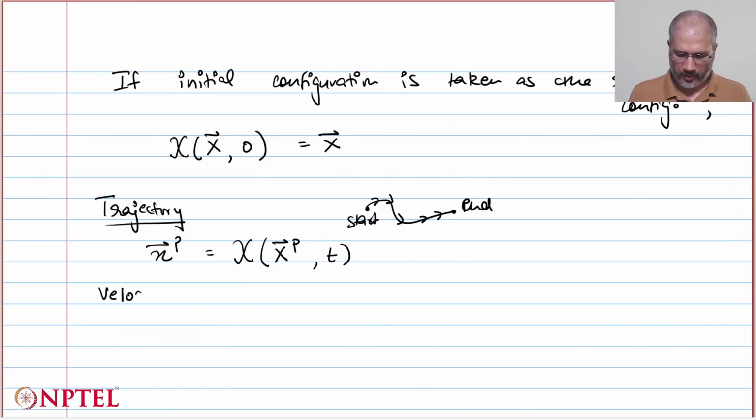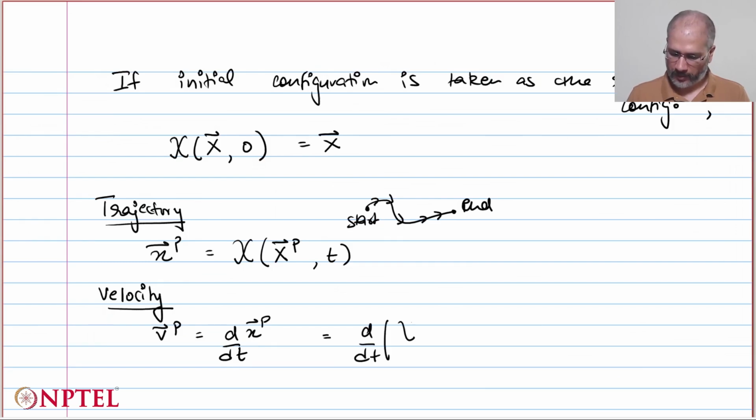Next, we are interested in velocity of points. Since we have trajectory, which is the position of the point at different times, we can differentiate that to get the velocity. So the velocity of a point P is d by dt of the position vector of the point P, which is basically d by dt of whatever is returned by the chi function,